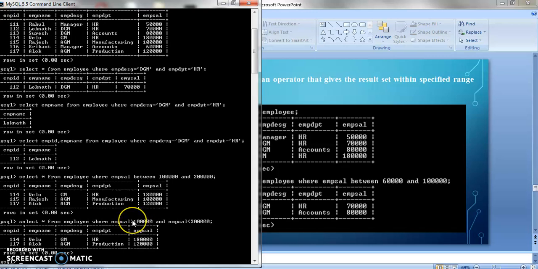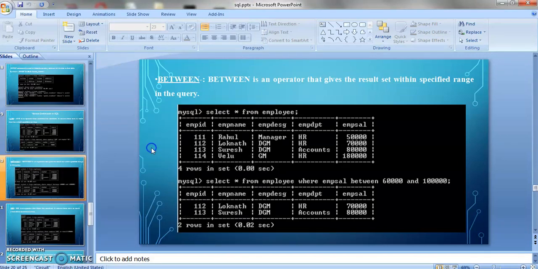Okay, so that's the difference between between and this relational operator. I am using the relational operators here. This is greater than and this is less than. You can see in the between it will take the range points if they are included in the table. That's why it has taken 1 lakh, because 1 lakh is here. And if I am using the relational operators, greater than 1 lakh and less than 2 lakh, with the AND operator, it will take only 1,80,000 and 1,20,000. Okay, so I hope you are getting my point. So this is all about the between and AND.